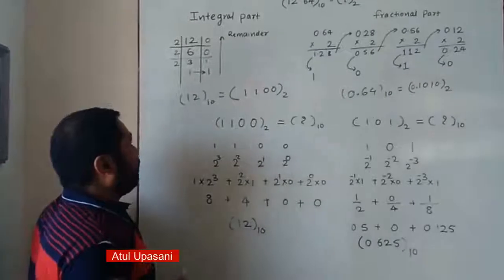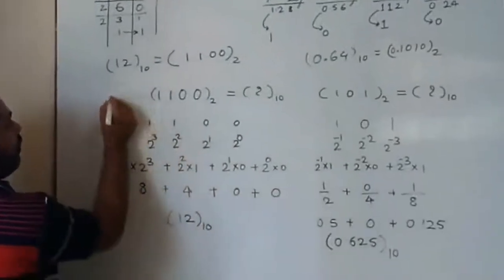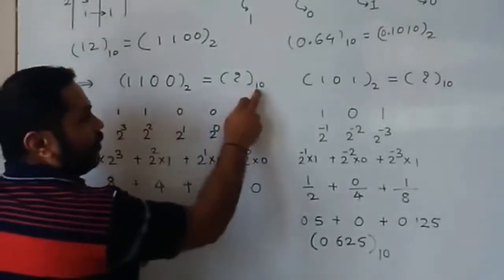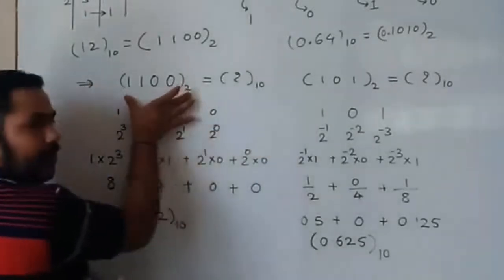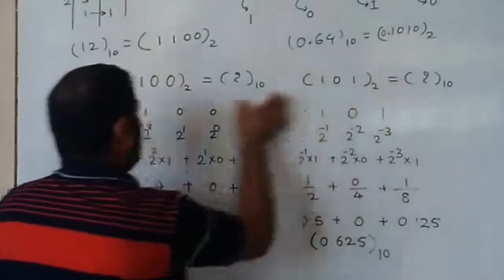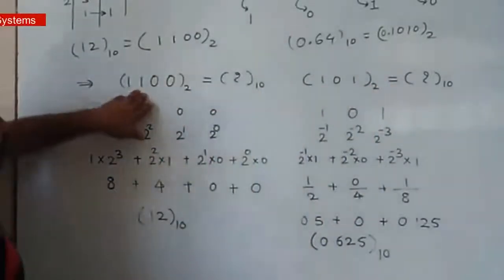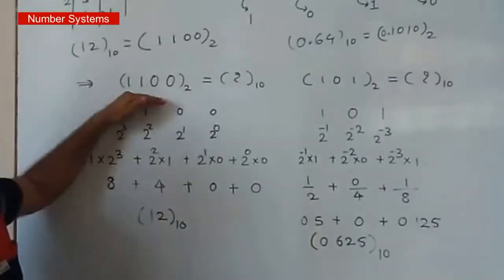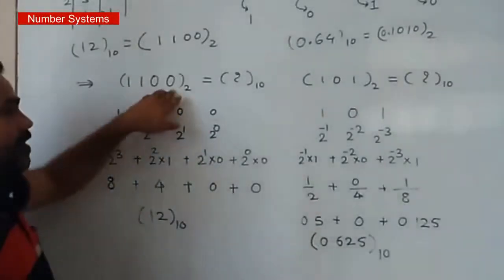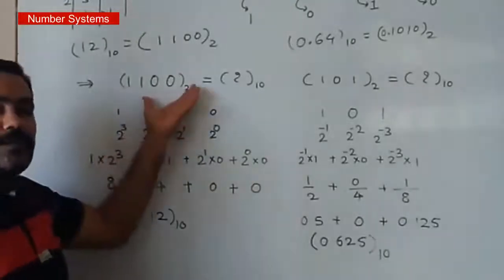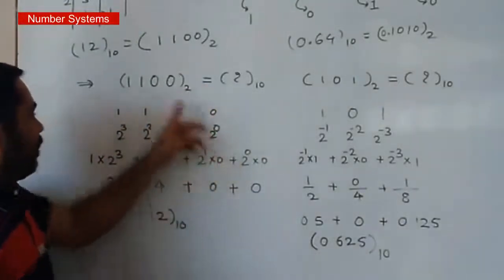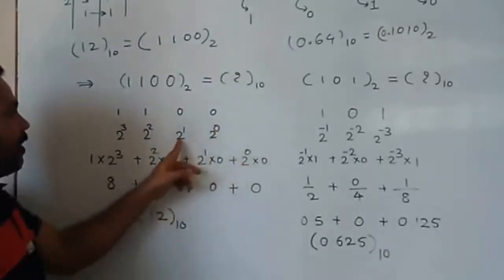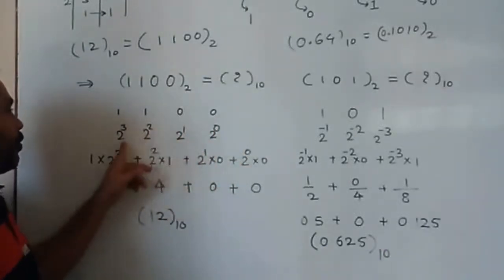Now the second thing, reverse conversion. Let us take an example of a binary number that has to be converted into decimal. This is the integral part and this is the fractional part. For converting this binary number, we have to write it like this: 1100. As decimal numbers have weightage assigned to each place, in the same way binary numbers also have unit places. Here the unit place for 0 is 2 raised to power 0, then 2 raised to power 1, 2 raised to power 2, 2 raised to power 3.